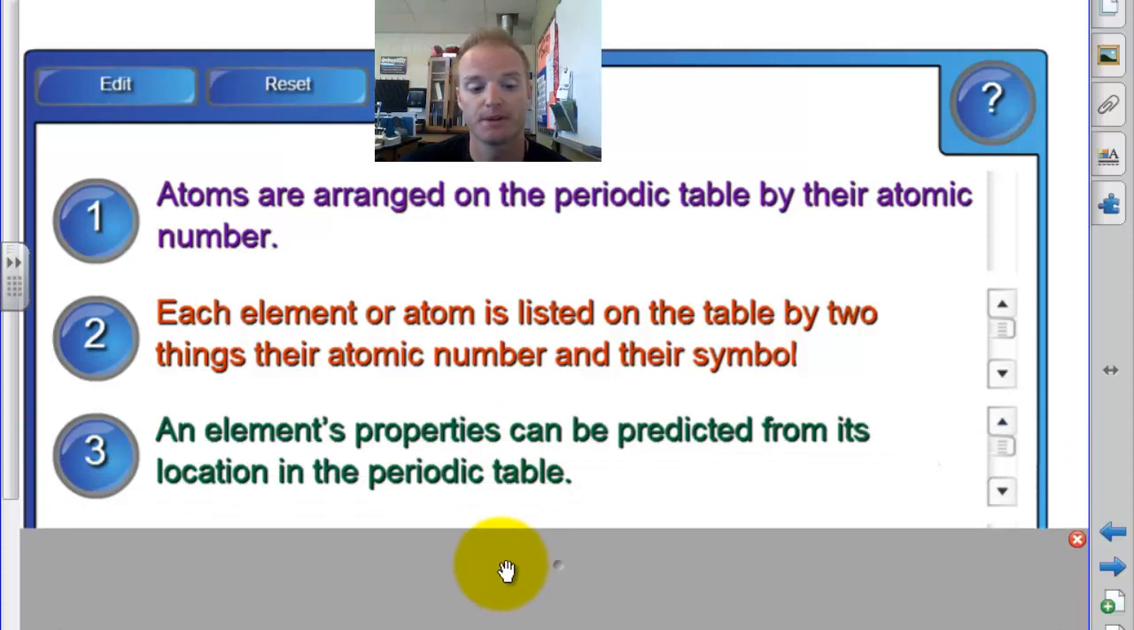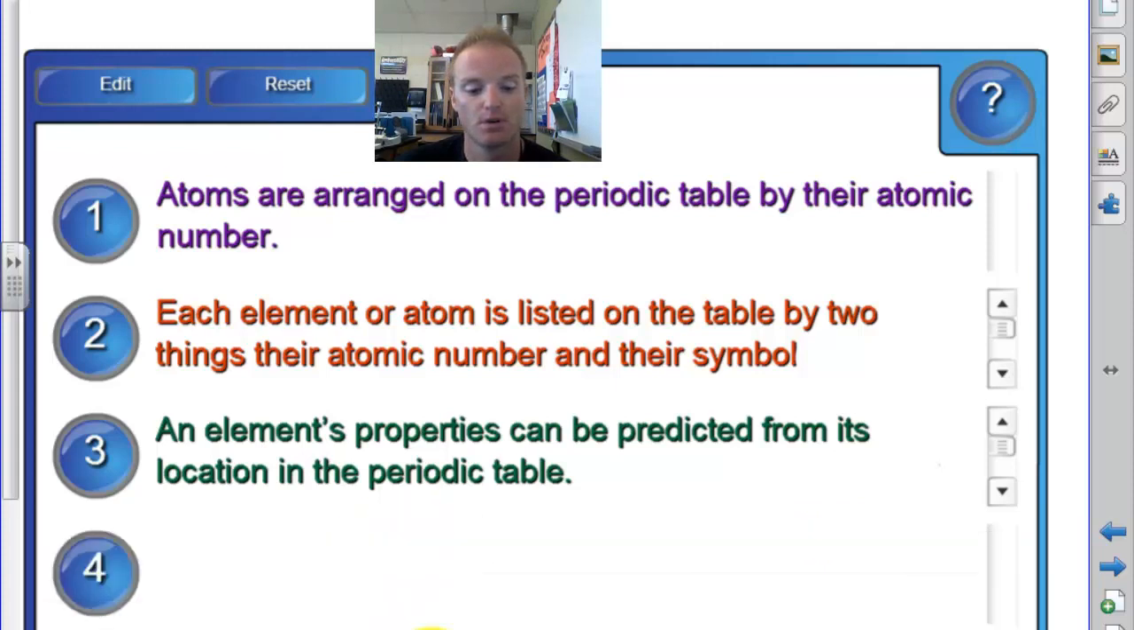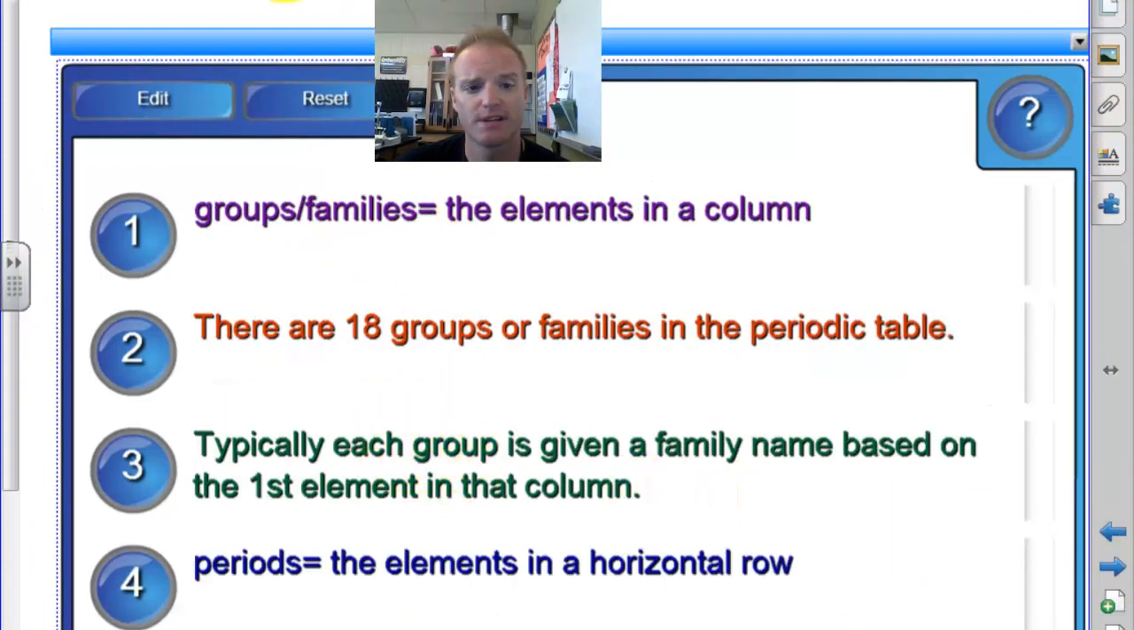Thirdly, third thing, an element's properties can be predicted from its location on the periodic table. And we'll spend more time on this in the future, but that's a big deal. Where it is on the periodic table tells a lot about the properties that the element is going to have, just based on where it's located. So it's kind of three big facts about it. And as far as how it's arranged,